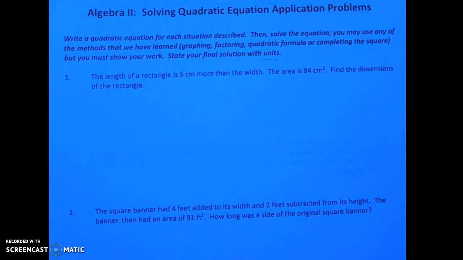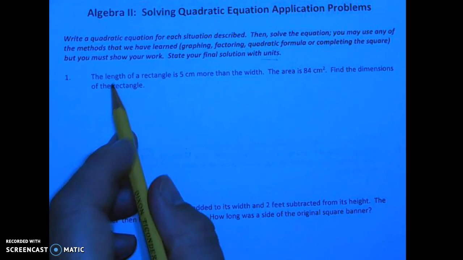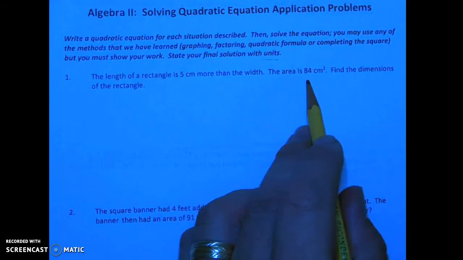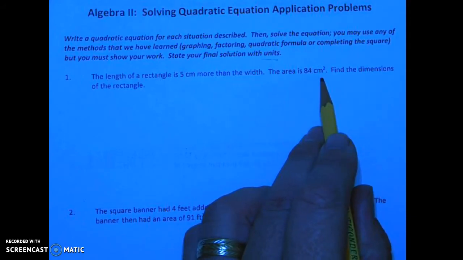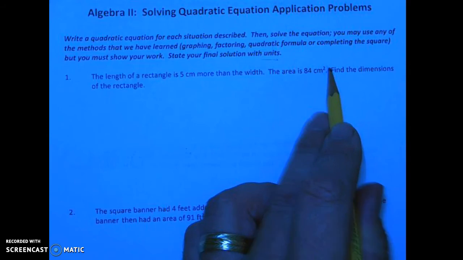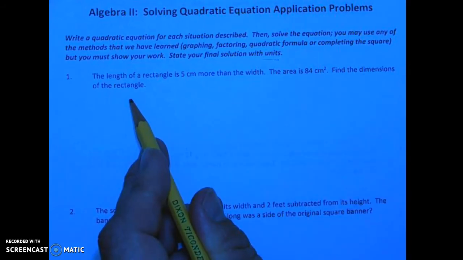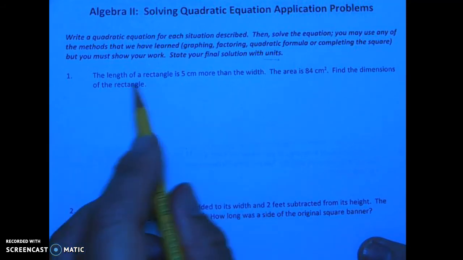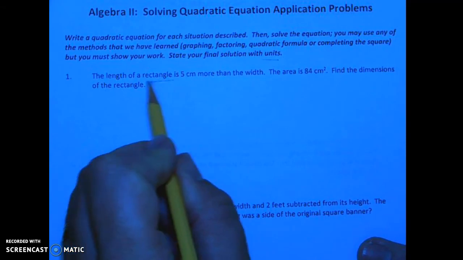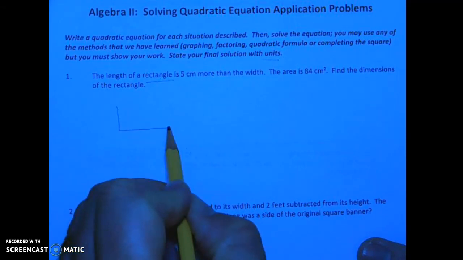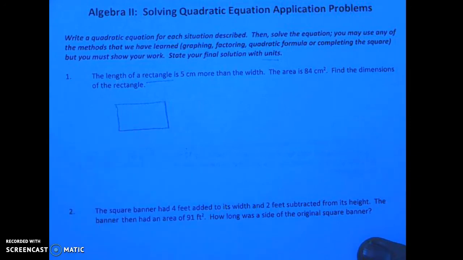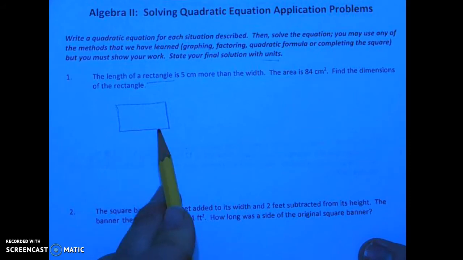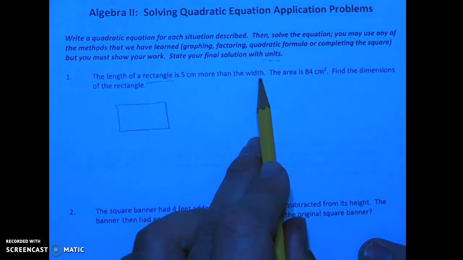So let's take a look at number 1. It says the length of a rectangle is 5 centimeters more than the width. The area is 84 centimeters squared. Find the dimensions of the rectangle. So when you're doing a problem, personally I'm visual, so I would draw a picture. We have a rectangle here. And it says that the length, that would be your longer side, is